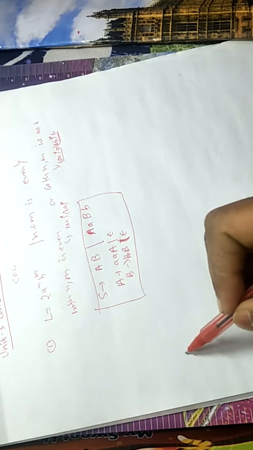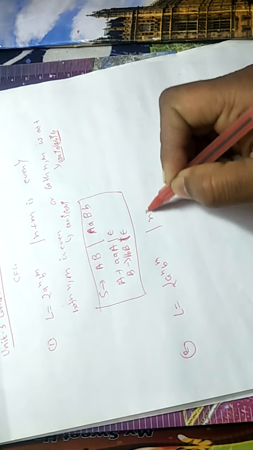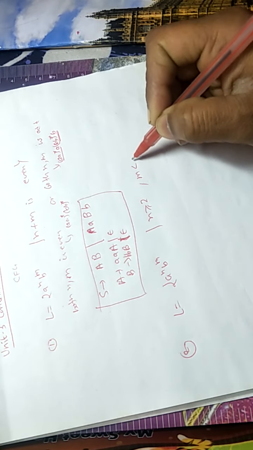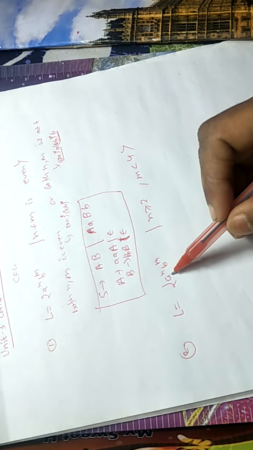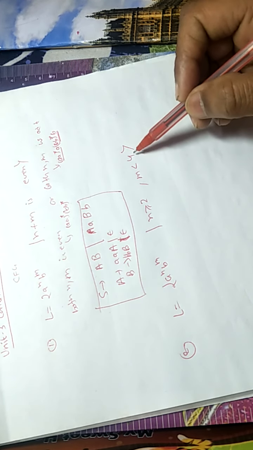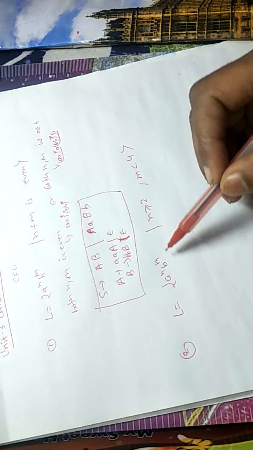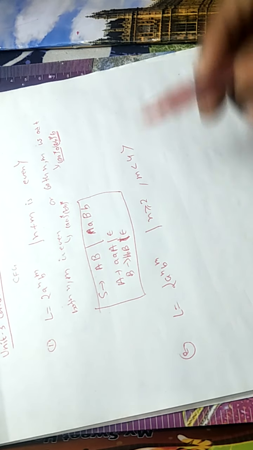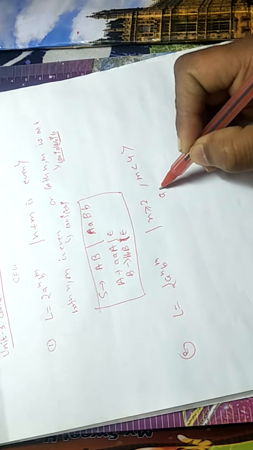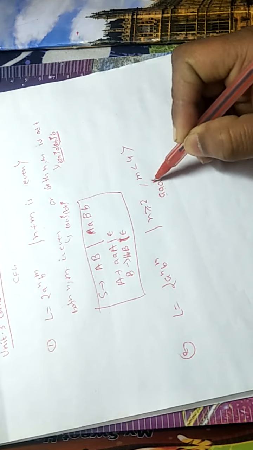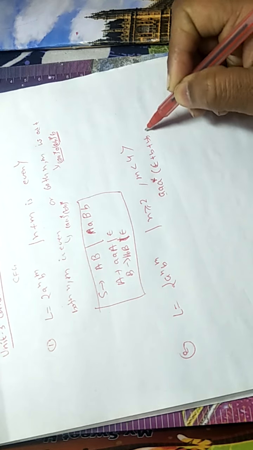Now look at the second language. L is a^n b^m, n greater than or equal to 2, m less than 4. N greater than or equal to 2 means a must be minimum 2, and m less than 4 means that b can be 0 or 1 or 2 or 3, maximum 3. So it can be written as 2a or more, followed by 0b plus 1b plus 2b plus 3b.